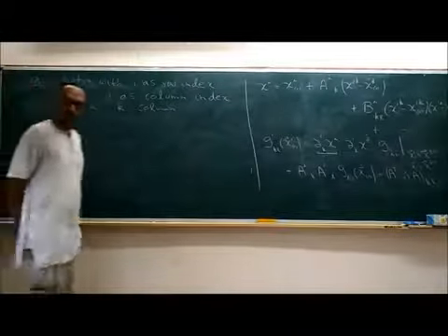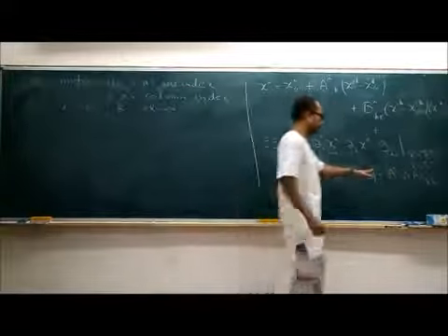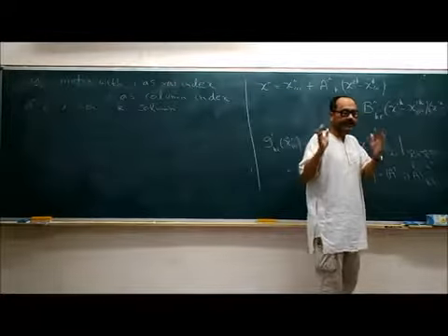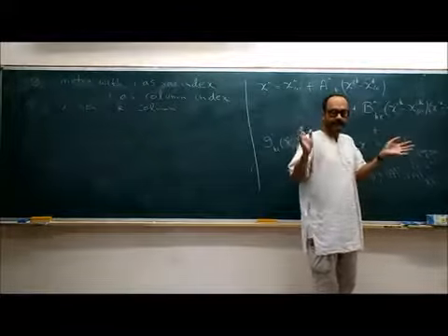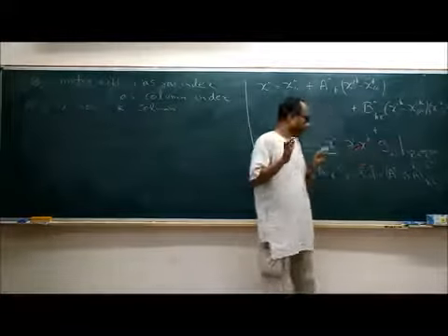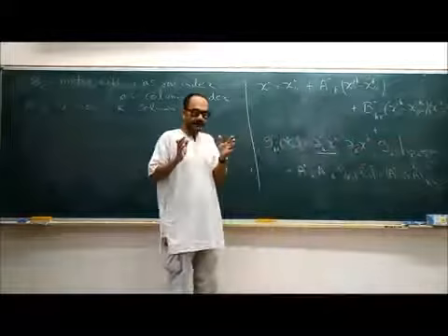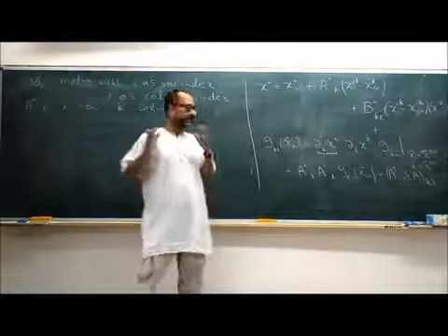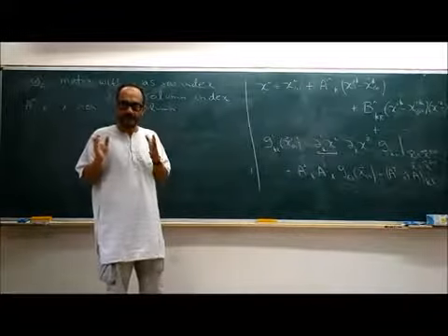Okay, now let's recall that G. This is all evaluated at x naught, so there is no field or anything. It's just at a given point you are evaluating. It's just a set of numbers. So G is a symmetric matrix. G_ij was the same as G_ji. G is a symmetric matrix, and a symmetric matrix can be diagonalized.